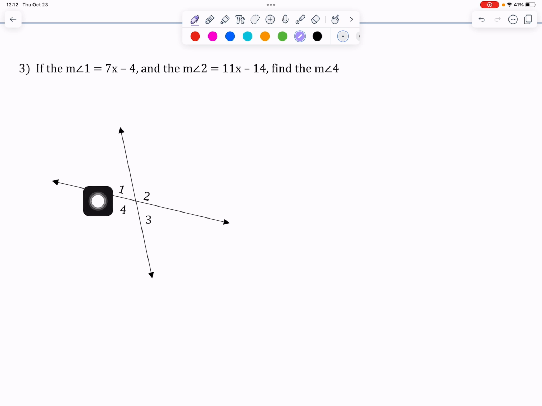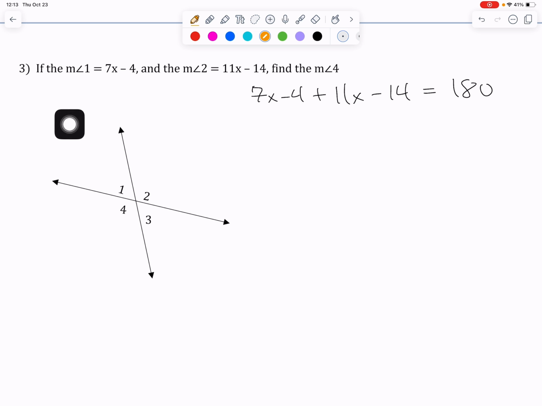All right, now we have 1 odd and 1 even, so we will set this up as angle plus angle equals 180. All right, so we will take our 7x minus 4 plus our 11x minus 14 and set that equal to, wonderful work, 180. From here we will combine like terms. 7x plus 11x,